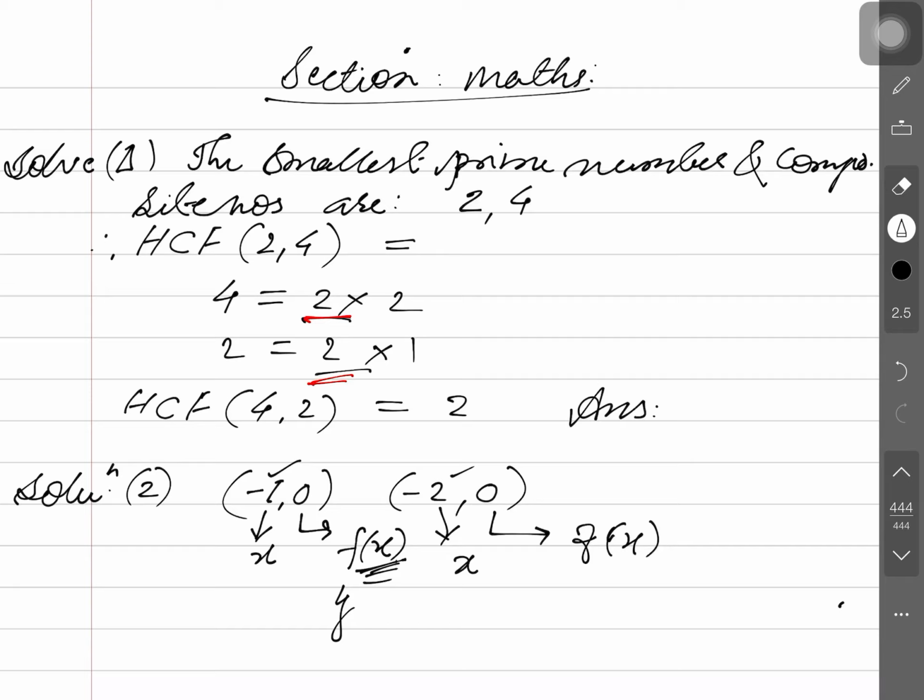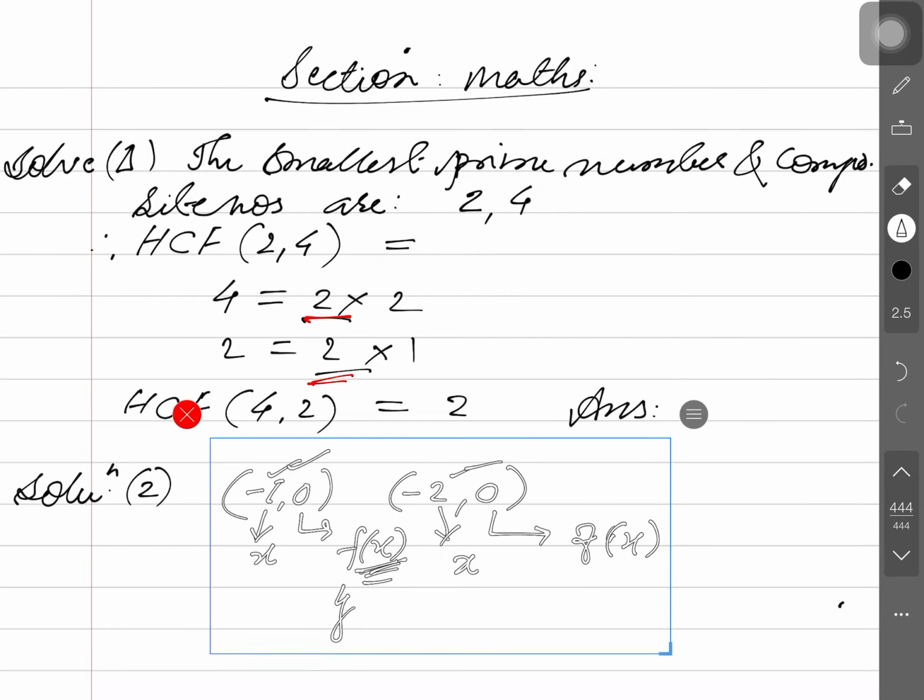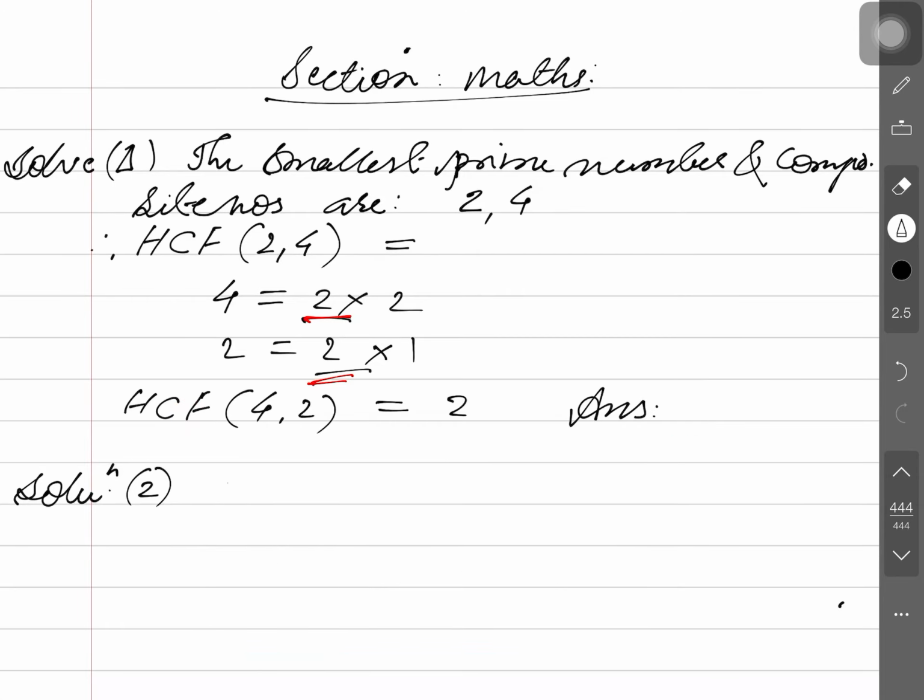Okay. So what is the definition of zeros? The value of x for which the polynomial gives you 0 is said to be the zeros. Listen again, the value of x for which any polynomial gives you 0, the value of the variable for which the associated polynomial gives you 0, this is called zeros. So this point is 0 and this point is 0. How many points are there which are giving zeros here? There are 2 points here. So how many zeros are here? 2 zeros.